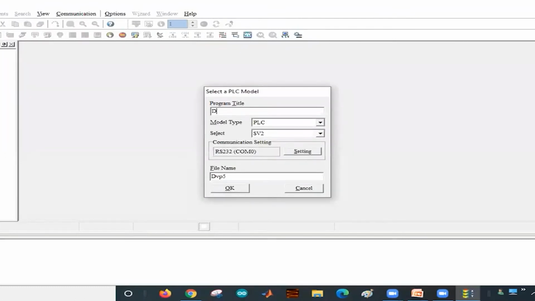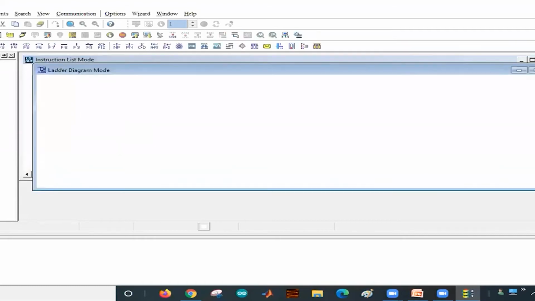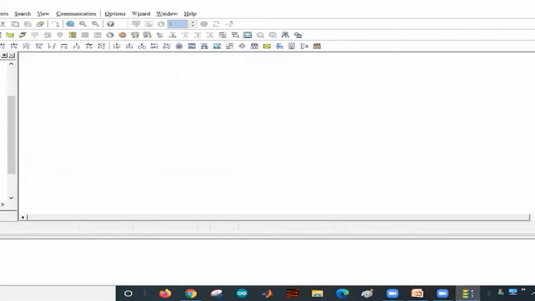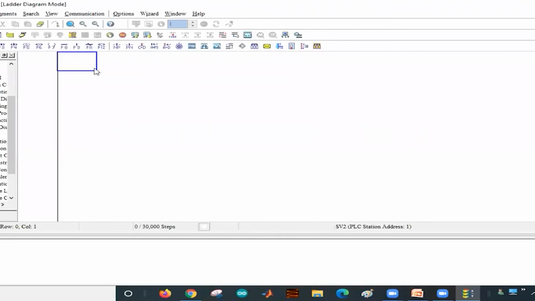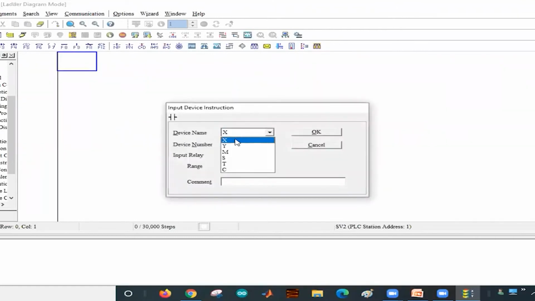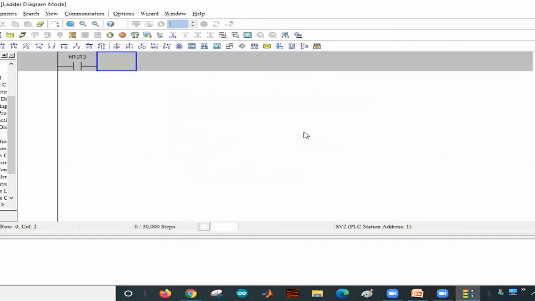It is a digital clock or 24-hour clock, which is implemented by 3 counters. First thing you have to do, M1013. You see here, whenever you take M1013, the comment is the 1 second clock pulse, 0.5 seconds on, 0.5 seconds off.